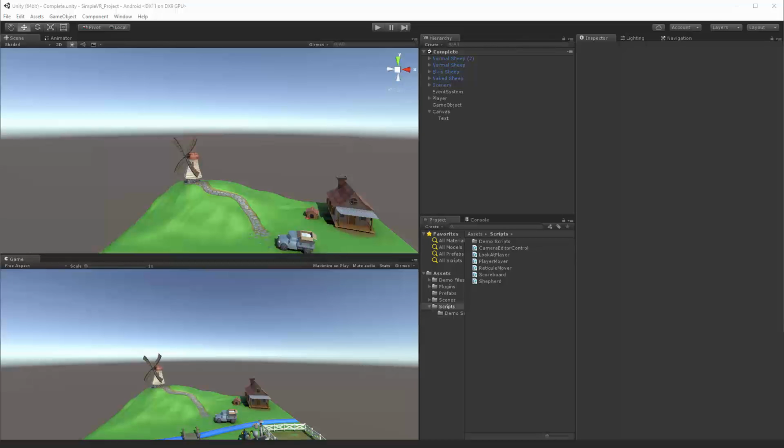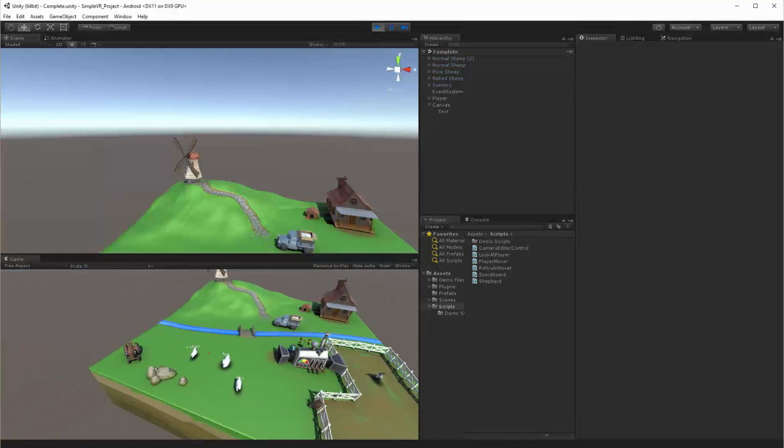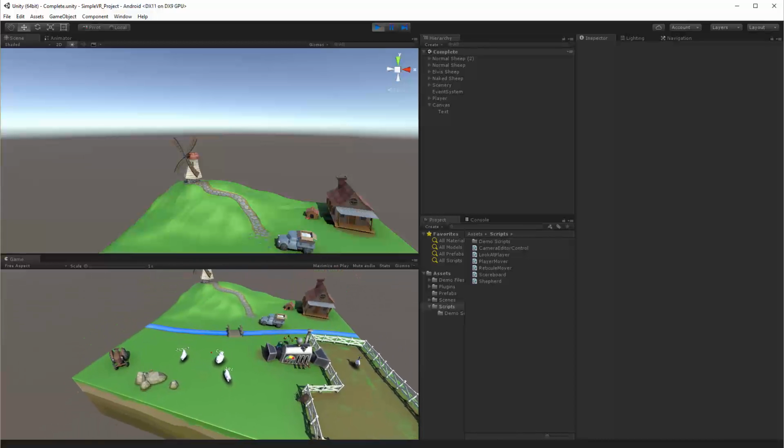Hello, this is my simple VR variant video. In this video, we are going to be making a VR game as opposed to a VR experience, and this is aimed at about an hour-long workshop. It's not too complex. What we're going to be building is a simple scene here where we have some sheep,